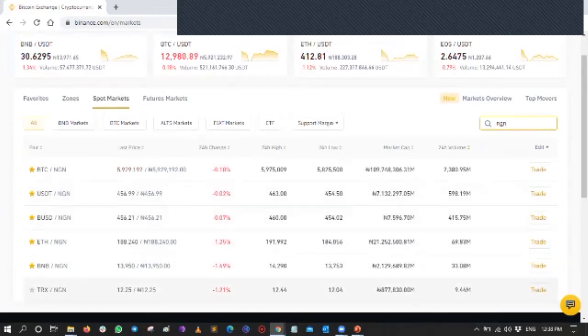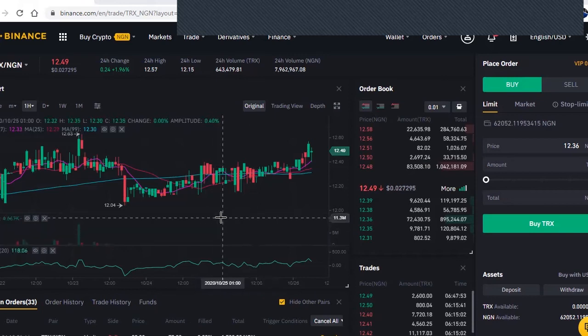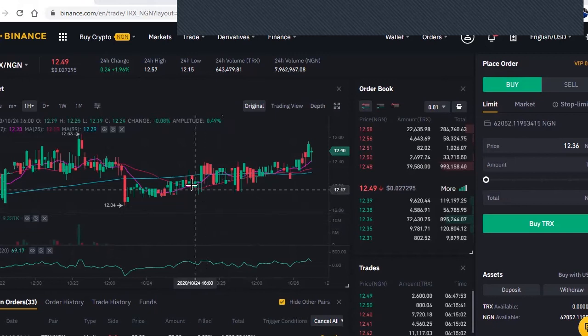Okay. Now let's do some stuff now. Let me buy, let me go to this trade. So you can either click on that market pair to take you to the trading layout interface. Okay, so we'll be looking at this chart now. So let's look at this chart, the candlestick chart. Okay.